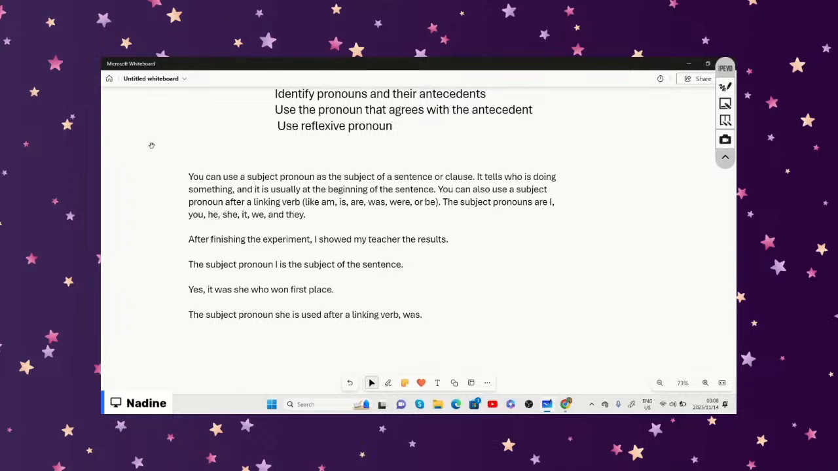So we say that the subject pronouns are words like I, for example, I am maybe 13 years old, right? You, he, she, it, we, and they. Those are subject pronouns. We say that the subject pronouns tell us who is doing something, and that's usually at the beginning of the sentence. So if we look at a few examples,